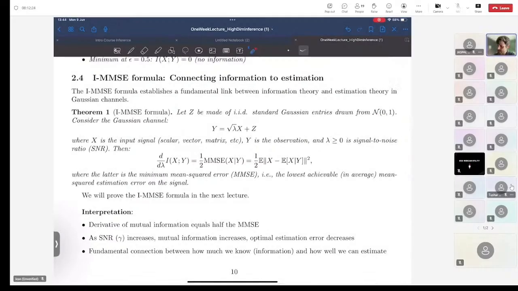So the formula, the I-MMSE formula, tells us that if I'm able to compute the mutual information between my signal and my data corrupted by Gaussian noise, then by simply taking the derivative of this mutual information with respect to the signal to noise ratio, this parameter lambda, which belongs to R plus, called the signal to noise ratio, or SNR, which quantifies essentially the strength of the signal component in the data with respect to the noise. So if I take a derivative of the mutual information with respect to this SNR, I get directly access to the MMSE, the minimum mean square error, times 1/2, where again, the MMSE is the expectation,